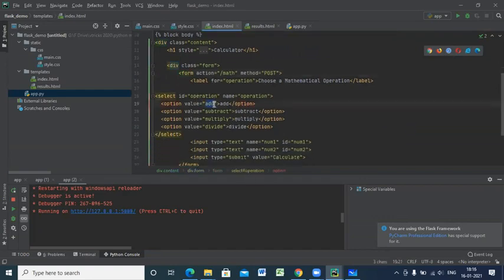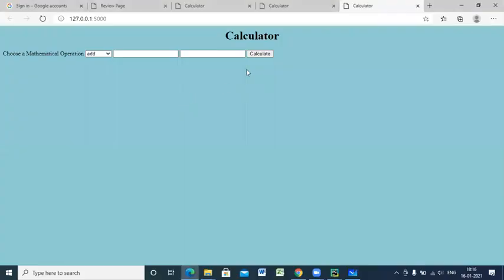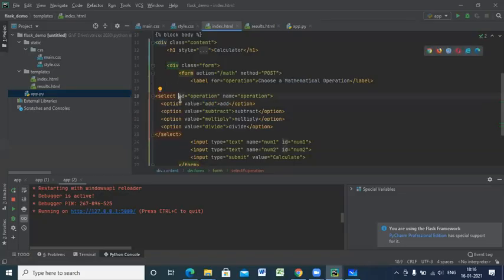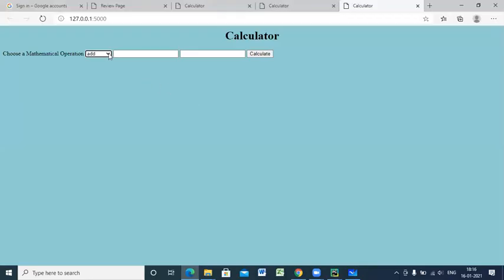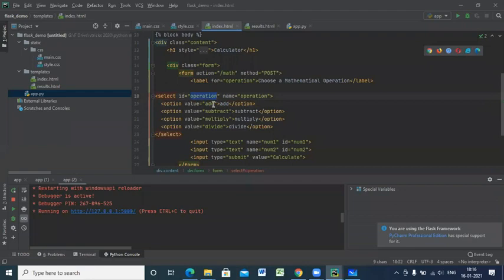When the user presses the value add, and see, this is a select option. I want you to understand, this is the operation. There I can select subtraction, multiplication, division, addition, or whatever it is. Here I'm selecting the ID is equal to operation, depending upon the value. If the value given is add, then in the backend I'll send this. This is index.html. When I click on submit, it will go to math. It will take add along with that.